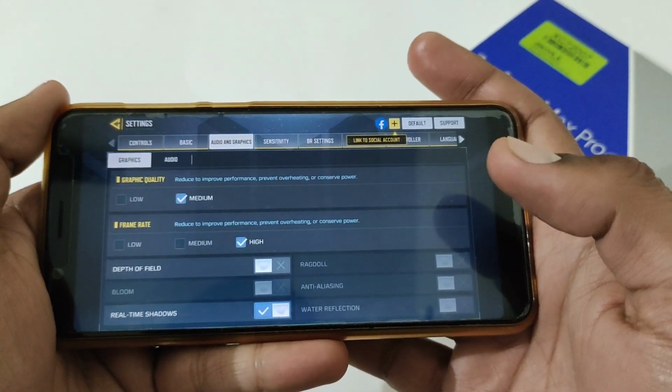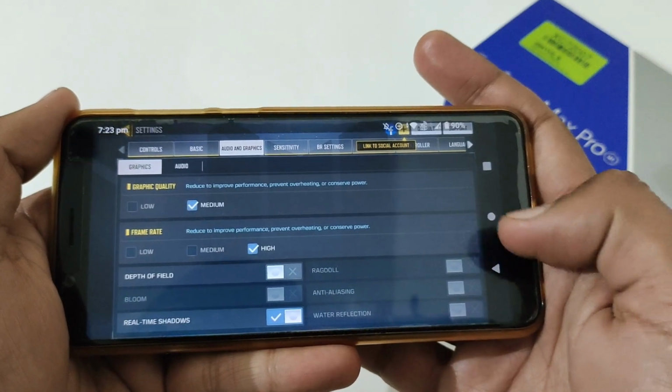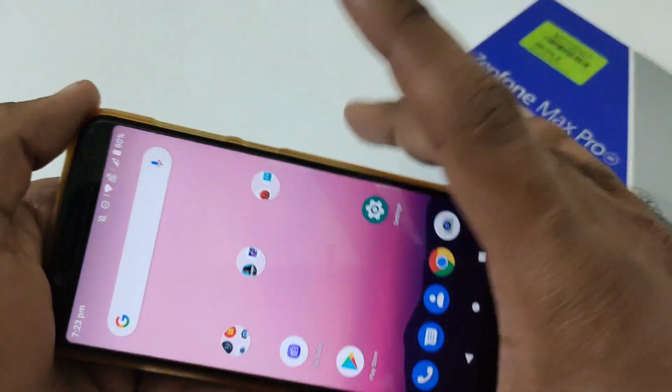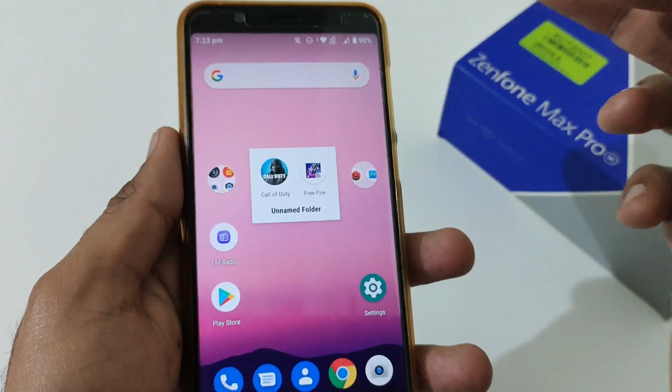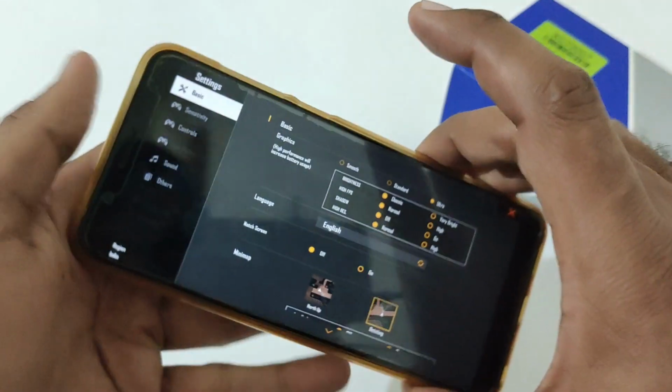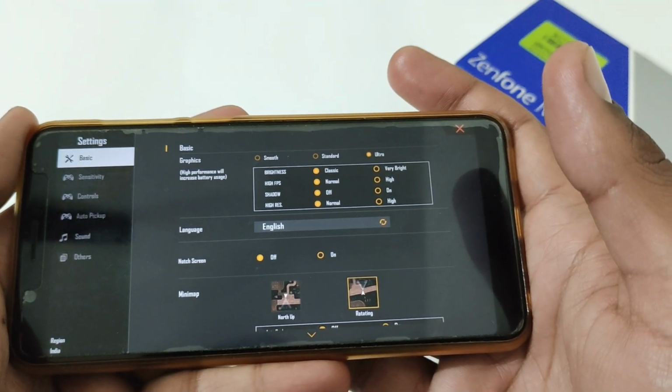And apart from this, the gameplay or gaming session on both was lag free, butter smooth, so there was no complaint. So again, I would say almost a tie, with a little bit of change with respect to temperature readings, but that depends upon the weather and season. Now I've just opened the graphic settings for the Free Fire game.